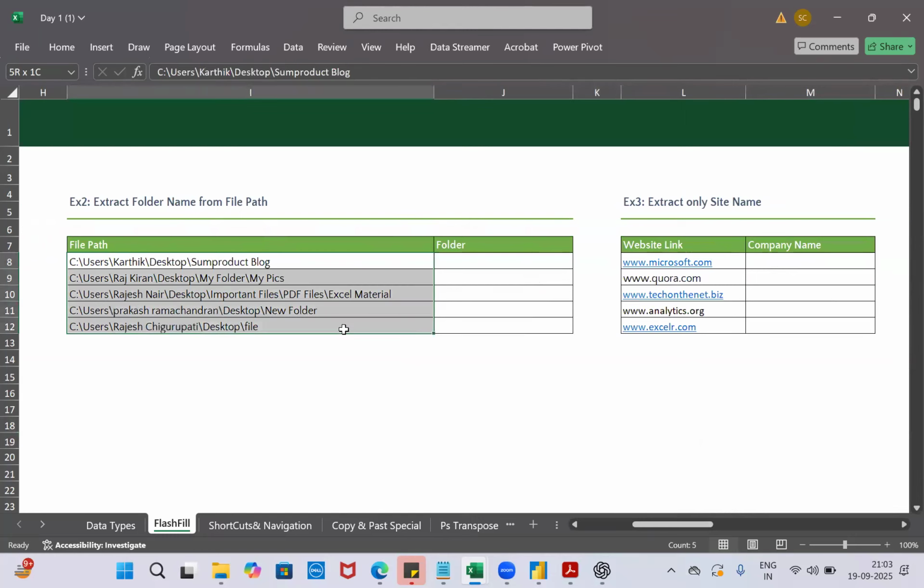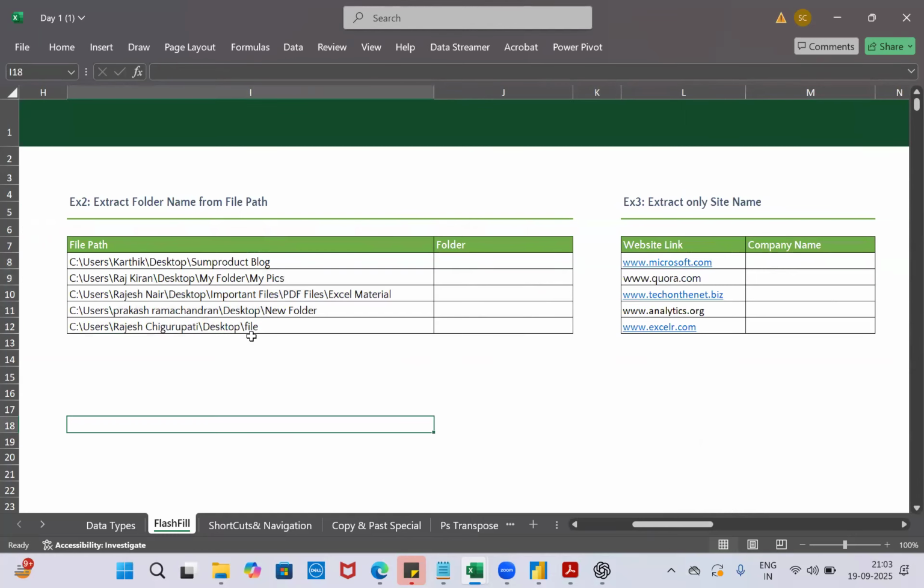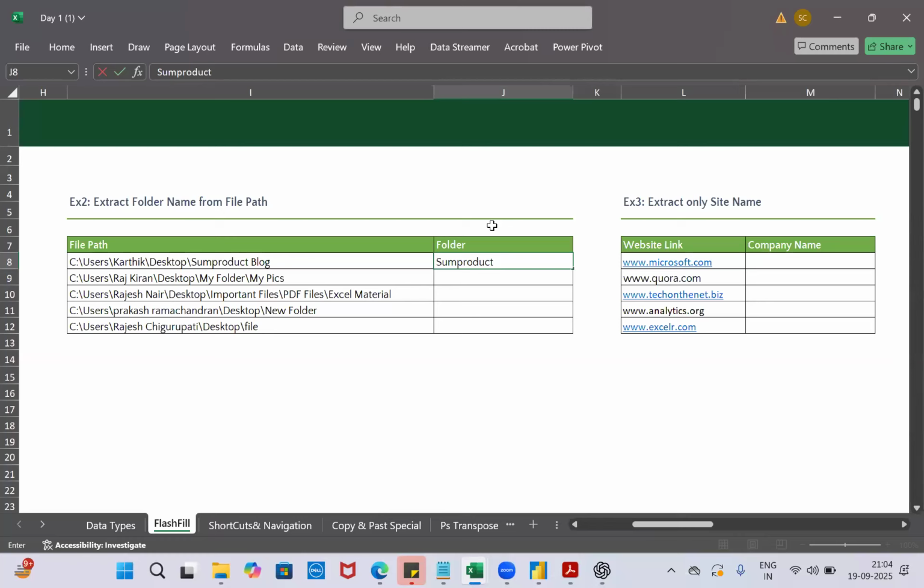Now, out of this file path, I wanted to fetch a single folder from the last one. Maybe I wanted to fetch some product blog or my pics Excel material. So here, go and type some product blog.